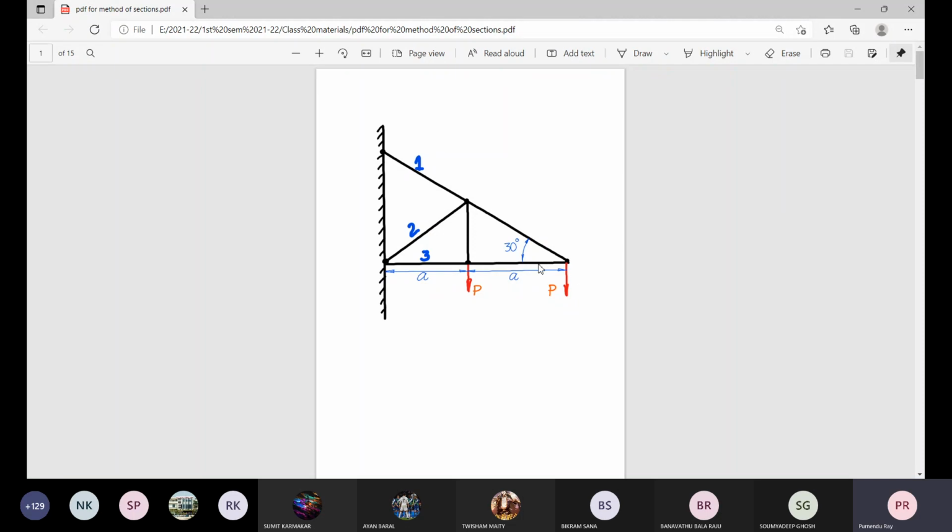And how to get the force in this horizontal member? Sigma Fx = 0, no contribution from P. So this force multiplied by cos 30 negative, this force directly negative and no cosine, cos 0 degree is 1, and from the already determined value of this member force you can find this. So this joint is sufficient to find the solution for these two members. Now once we have these two members known, if we shift to this member, what happens? What about sigma Fx = 0?